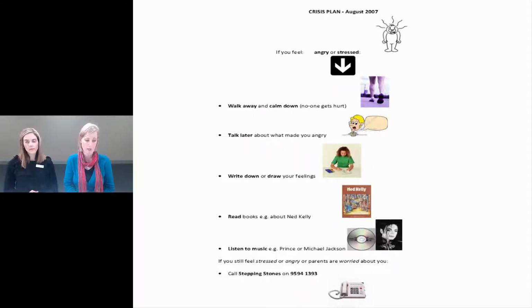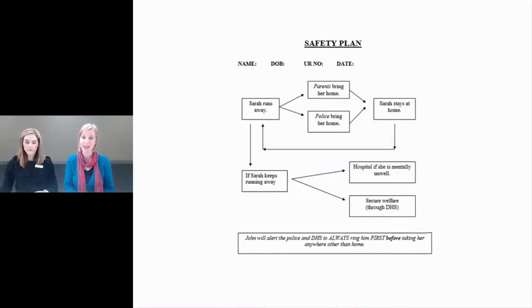This one is a safety management plan that was developed for someone with an intellectual disability. You've noticed we've added some pictures in case there are some reading or comprehension difficulties as well. Even for the more complex clients, we can still use visuals that are easy to follow, which is particularly important when a client is in a heightened or distressed state. You could even colour code these if you wanted to, or highlight certain parts. We've done this on the computer. However, one similar could be devised using a paper and pen, and that's often when they are devised actually during a session or a meeting with the client to come up with their safety plan.